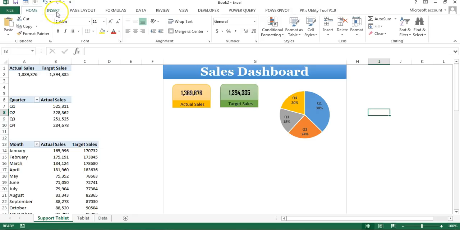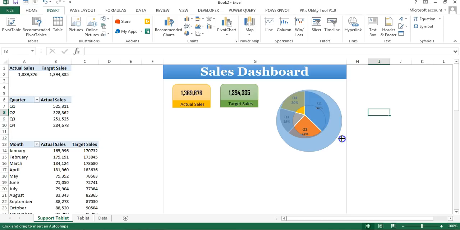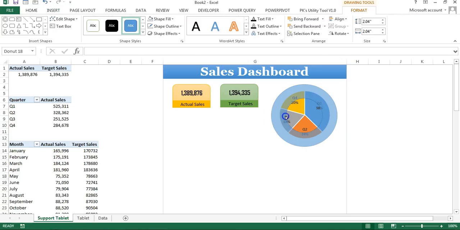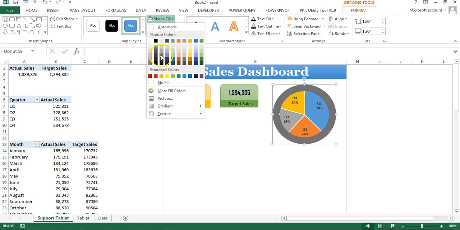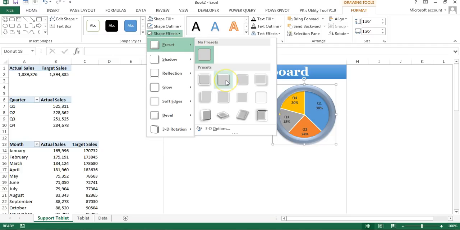no outline, and then go to the insert, and I will insert a shape from the basic shapes. I'll take this shape, which is donut, this one, and drag this donut over this chart, and pick this yellow handle, change the width of the donut like this. So we will adjust the donut according to the pie. Once it is done, then we will go to the shape fill, and from here we will take, let's say, this color, or you can take this color also. For shape outline, choose no outline. Now go to the shape effects preset and just choose the preset 2.